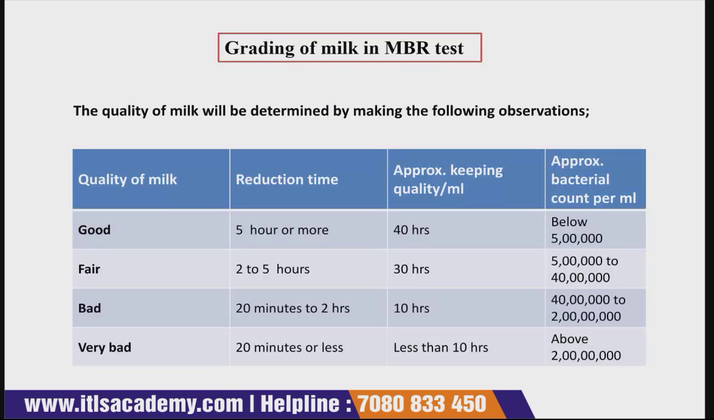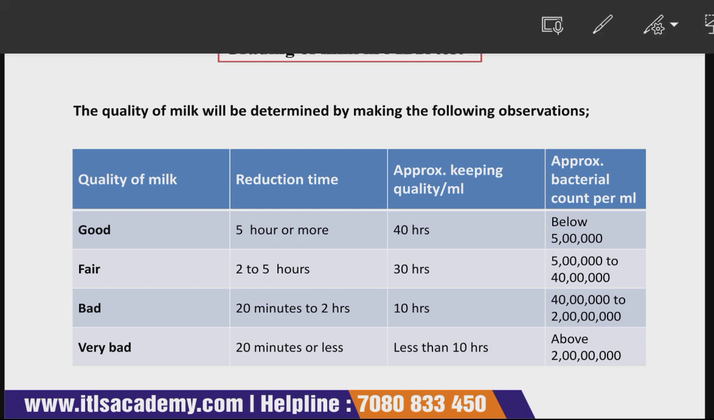I have shown this in this type of table. This shows the grading of the milk in the MBR test. When the quality of the milk is good, I am just marking here, you can note it down somewhere. When it is good, the reduction time is 5 hours or more, and the bacterial count is below